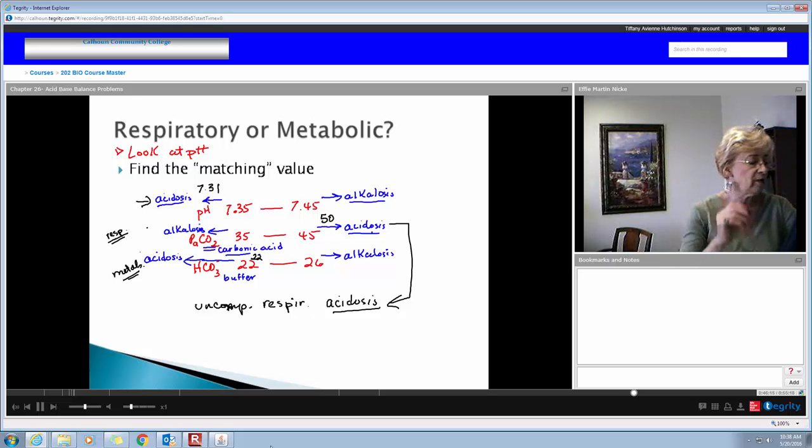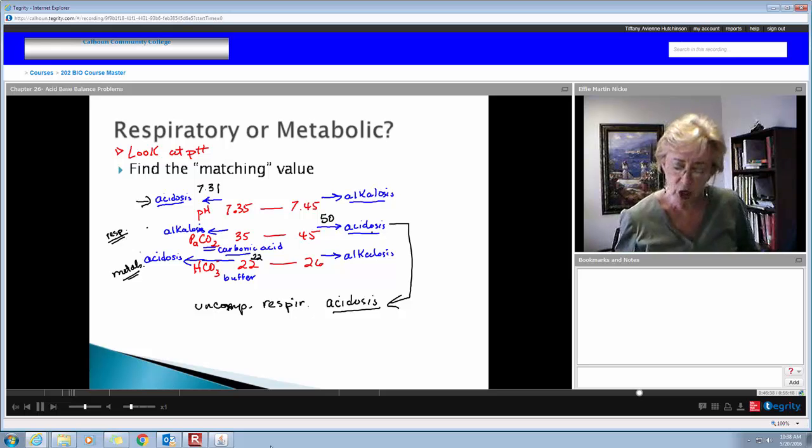No, because if there were, this, where are we? Which one was it? Respiratory, so we're looking at metabolic. If this were partial compensation, you would want that 22 to be out above 26. It would have to be out above 26, going in the opposite direction, to partially compensate it, but it didn't work. Okay, we're going to do another one. Let's jump to 3.